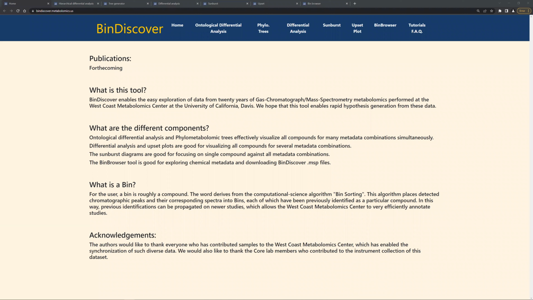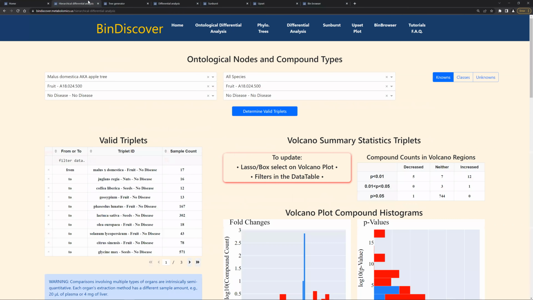There are six main components of this tool, two of which focus on broad perspectives of the data, the ontological differential analysis and the phylometabolomic trees, and four of which allow you to dig a little bit deeper into specific aspects of the data. In the ontologically grouped differential analysis, we are able to compare groups of metadata triplets against